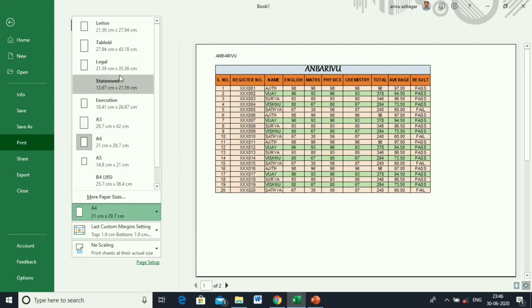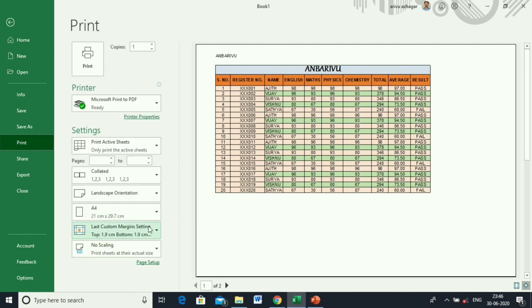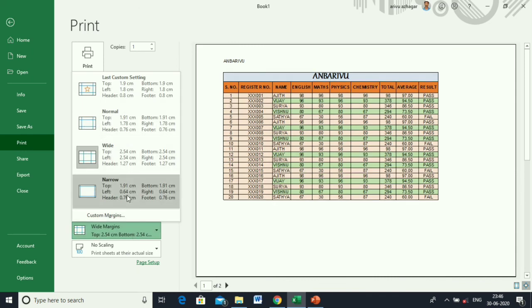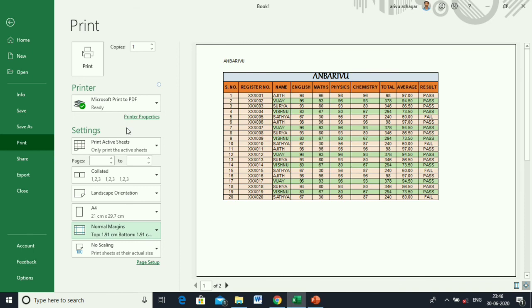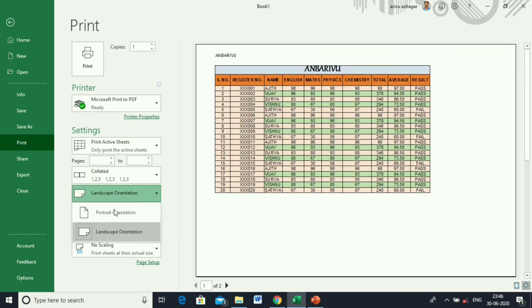You can set the paper size A3, A4. Then orientation, landscape or portrait, you can choose here. Then in printing, you select the pages. If you want the first page, give 1 to 1. If you need 2 pages, set 1 to 2.